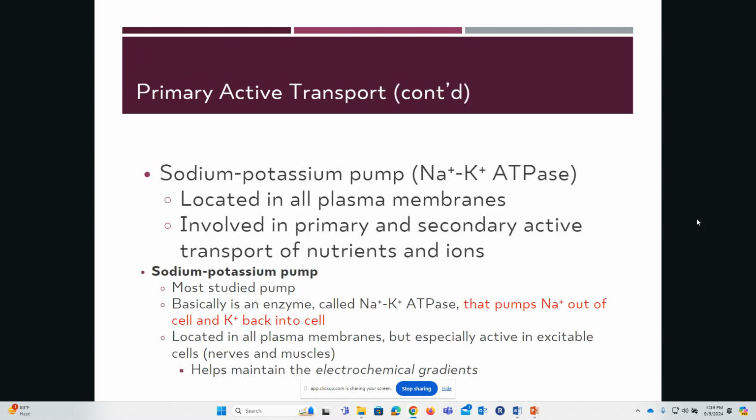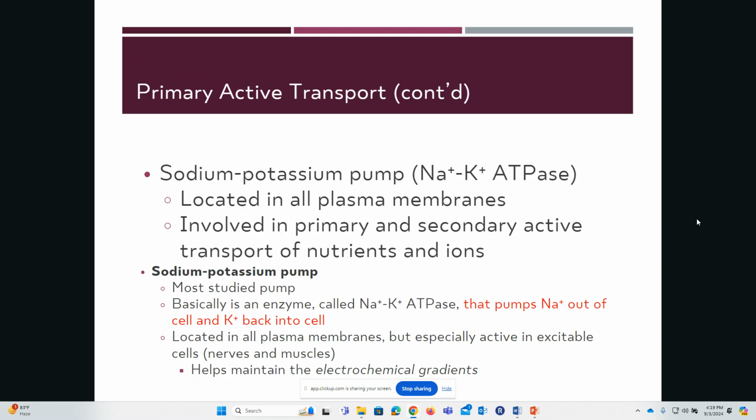Primary active transport utilizes things like a sodium-potassium pump. This is actually located in all plasma membranes and is involved in primary and secondary active transport. The sodium-potassium pump is the most studied pump. It's called the sodium-potassium ATPase occasionally because it acts like an enzyme, and it moves sodium and potassium across the